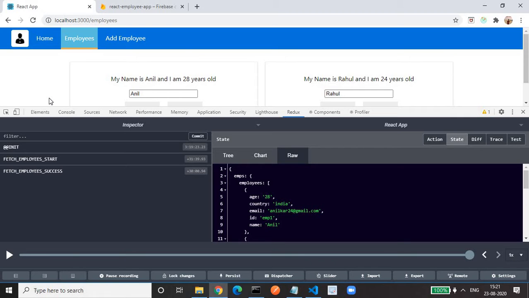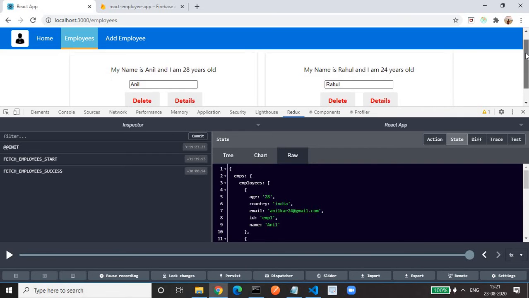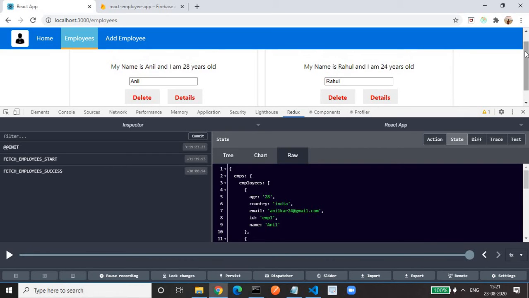In the employee component, I need this employee related data from the database. So I am triggering 2 actions. One is fetch employee start action, another is fetch employee success action. If for some reason the API call failed, then instead of fetch employee success, you would have seen fetch employees fail action.